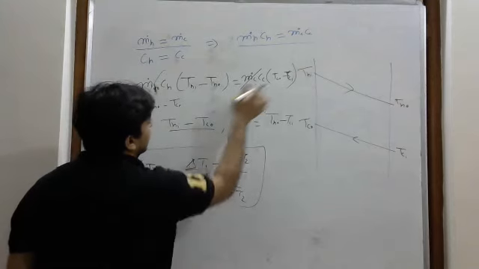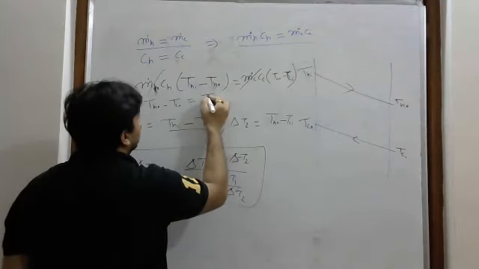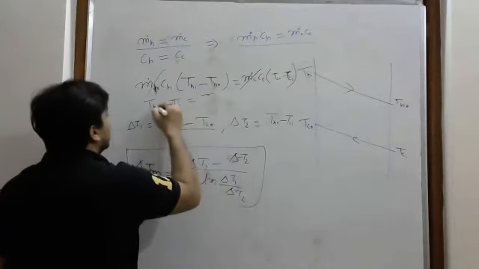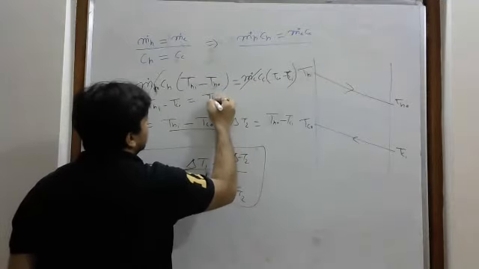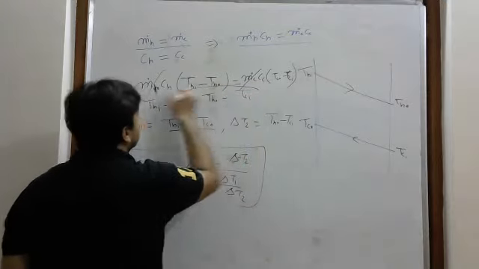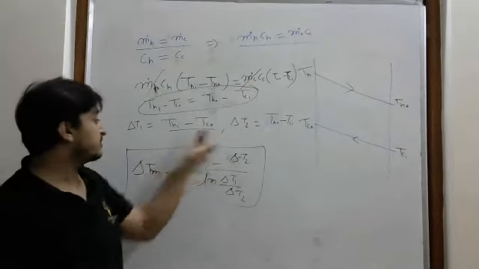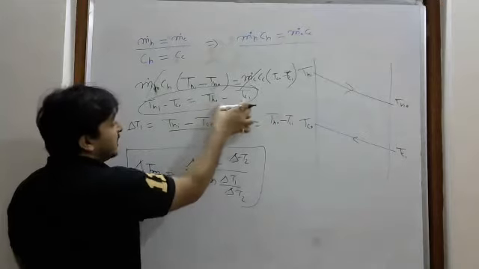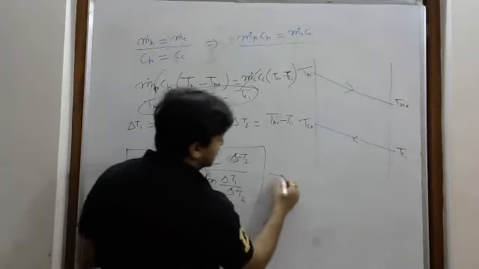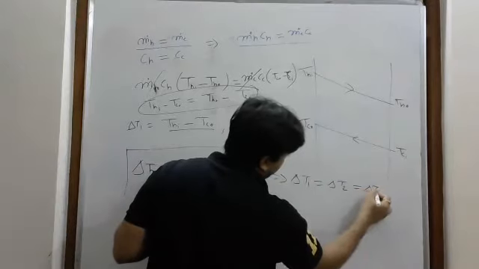THI minus TCO, take that side. So THO minus TCI. From this equation we will get this one or not? If you are getting this one equal to this one, means del T1 equal to del T2 or not? This value equal to this value. From there we are getting that. So del T1 equal to del T2, then del Tm is also the same.